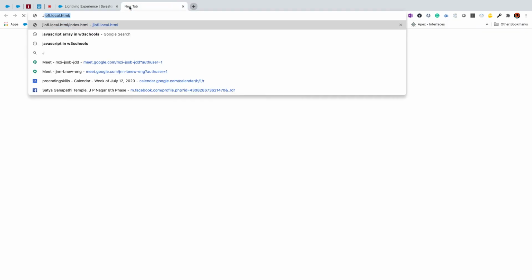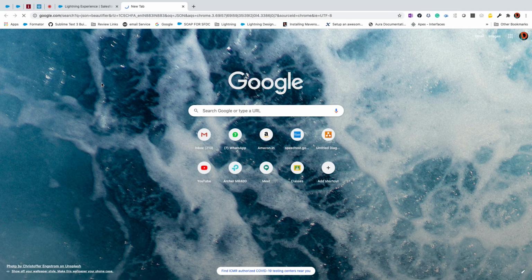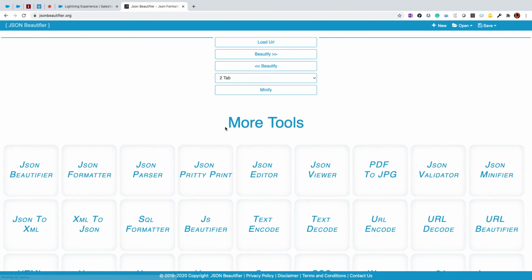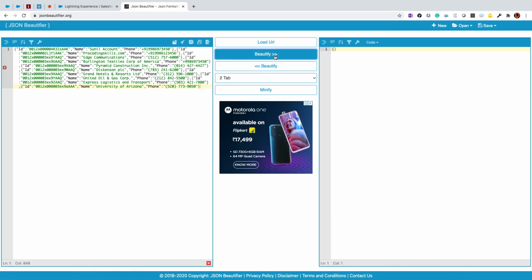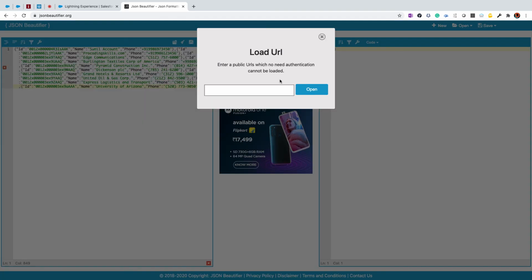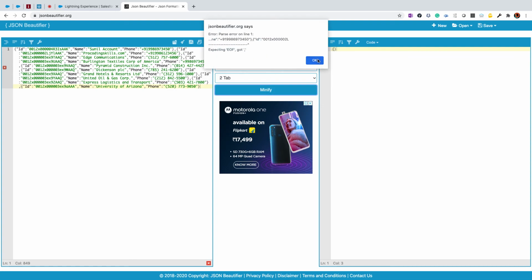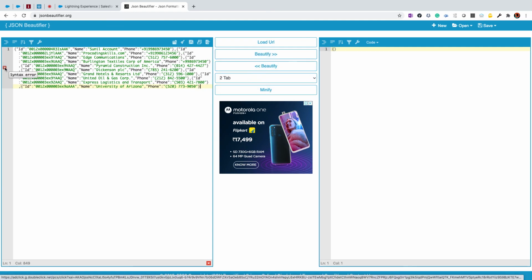So let's say JSON beautifier, control A, control V, beautify, load URL, no, sorry, something is not good in this, some error.